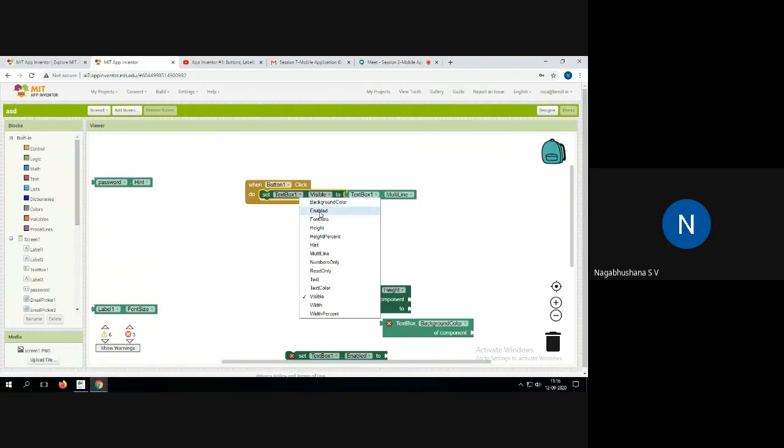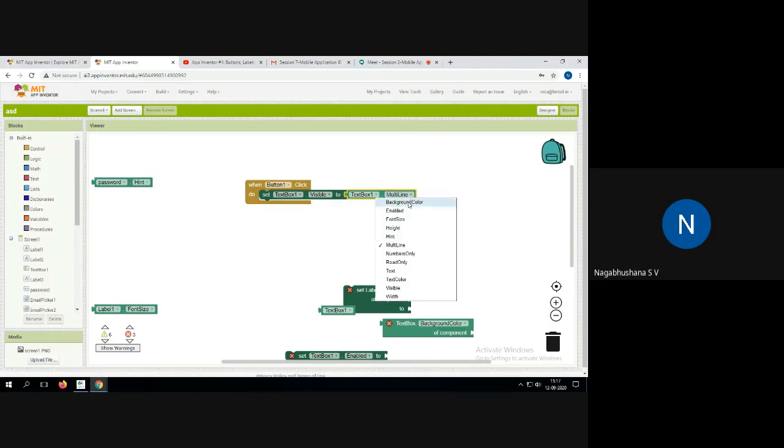Or I want to make it enabled or disabled. Or I want to give some hint or text, whatever I want to do. So when I click on that button, this action sets the text box to visible, or changes the text box to multi-line, or I can put a background color. See, but again it is showing here that it is wrong.